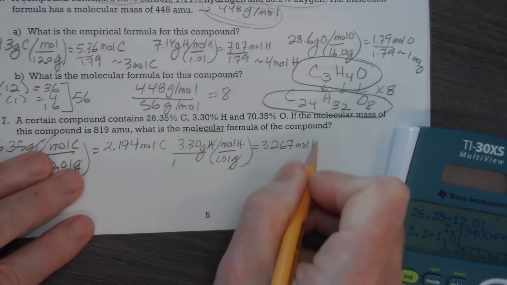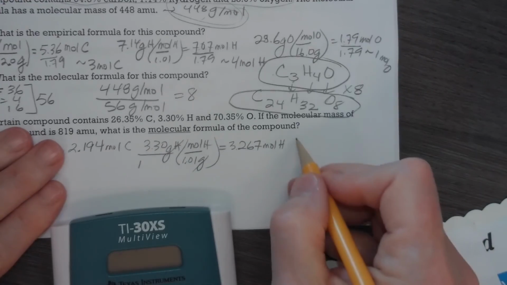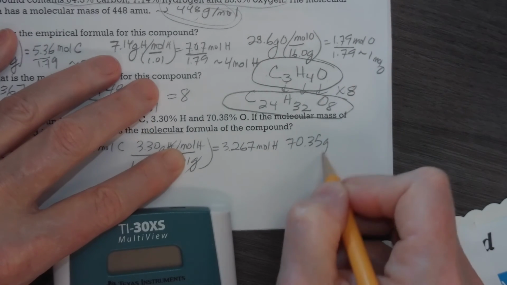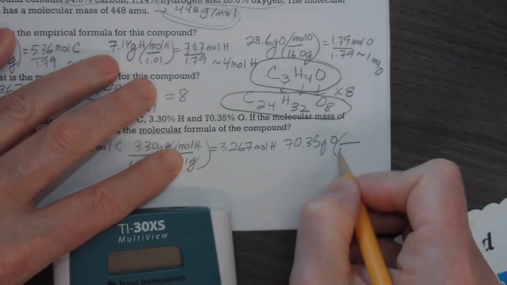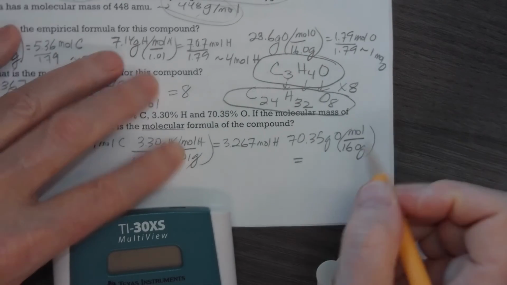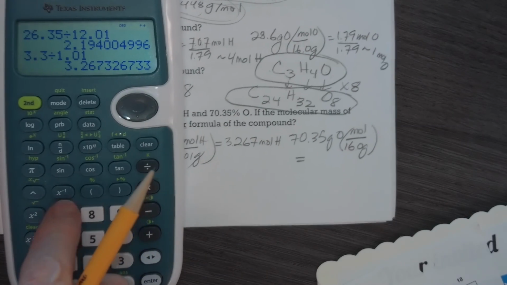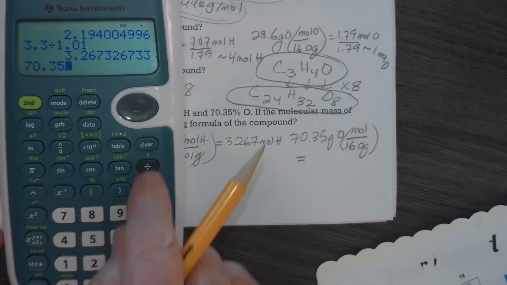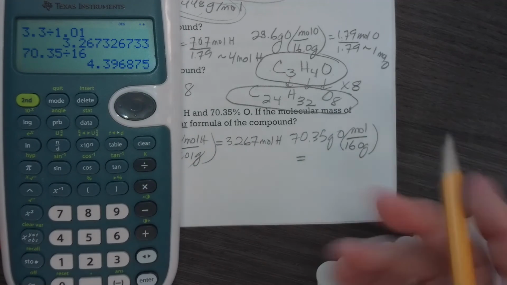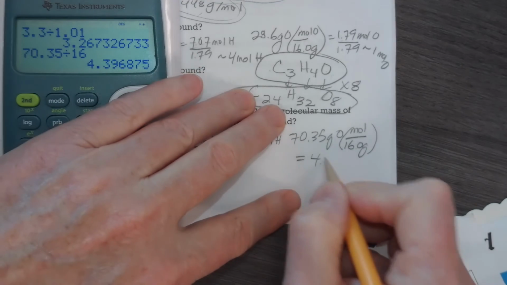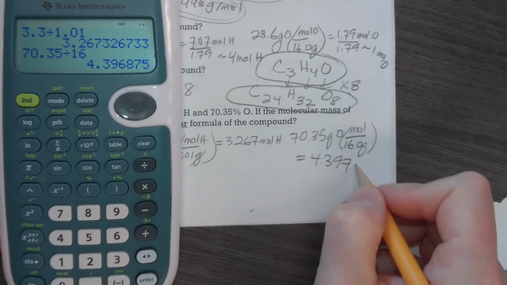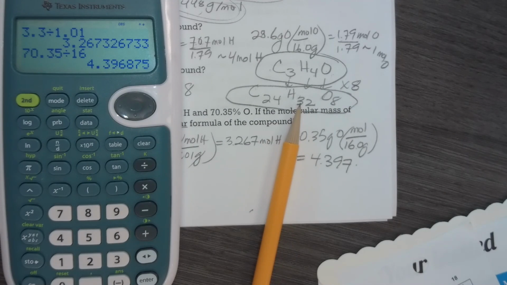And finally, I have 70.35 grams of oxygen. I'm dividing that by 16 grams per mole. And I'm going to put it down here. I'm running out of room. 70.35 divided by 16. I get 4.39. I'll say 4.397. And then I have to stop it because I have an